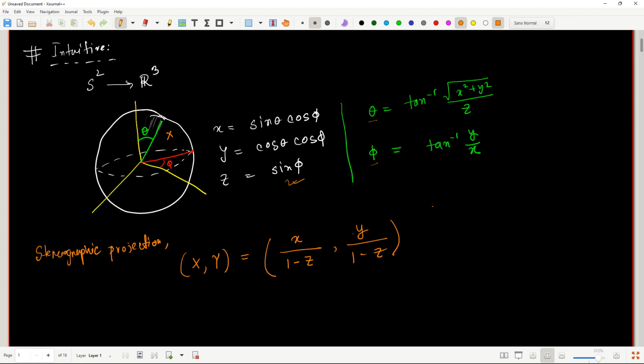So the main punchline over here is that a point itself exists independently of its coordinates,